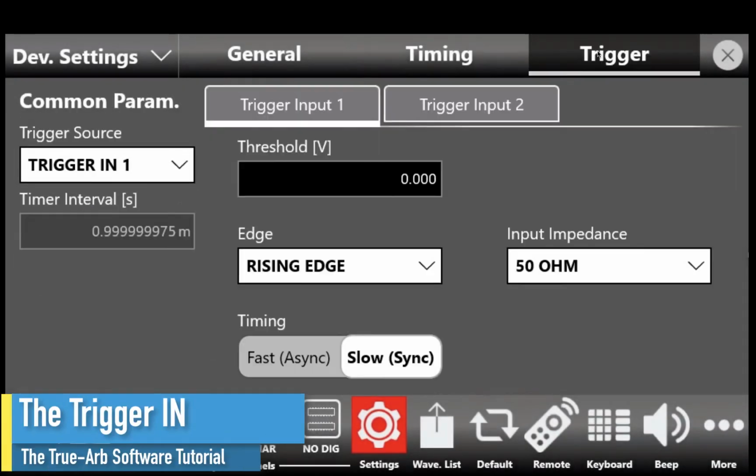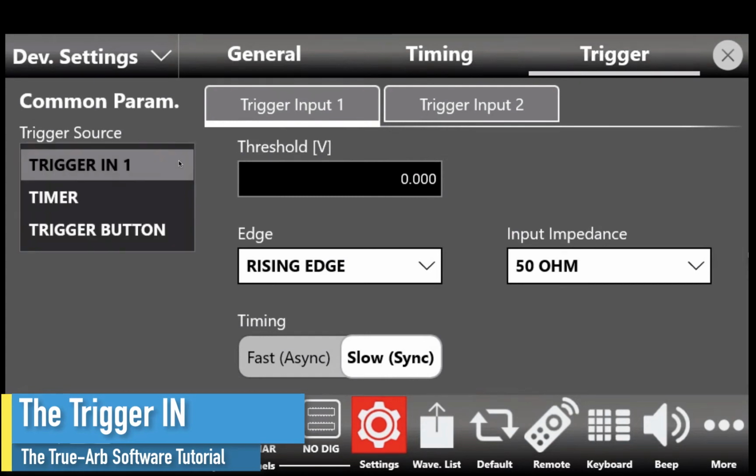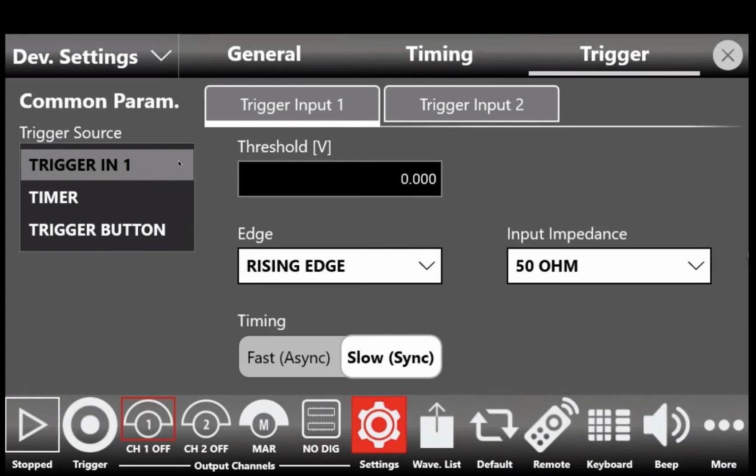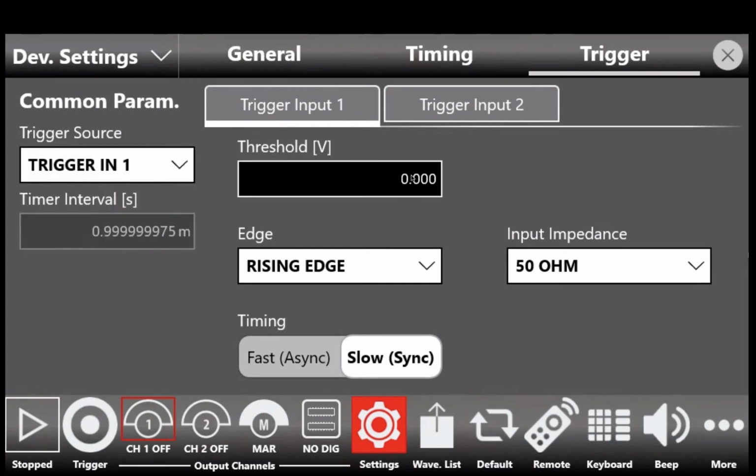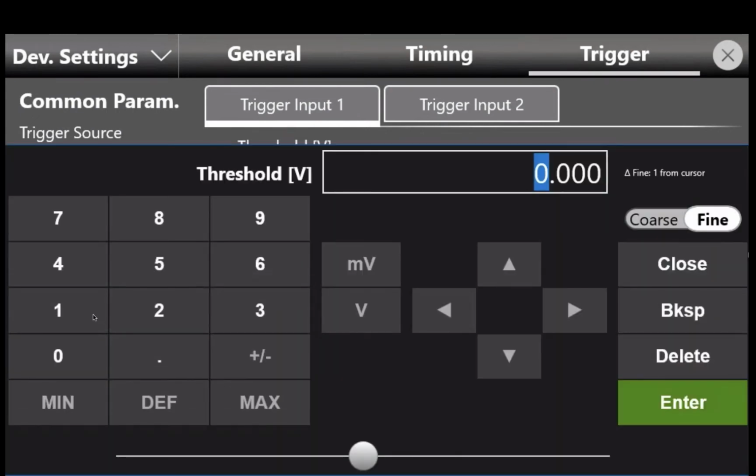The last section of the settings is the triggering section. You can select different trigger sources, like for example trigger input 1 or trigger input 2, the timer, or trigger buttons, that means a software trigger. You can set the threshold, in this case 1.65 volt.